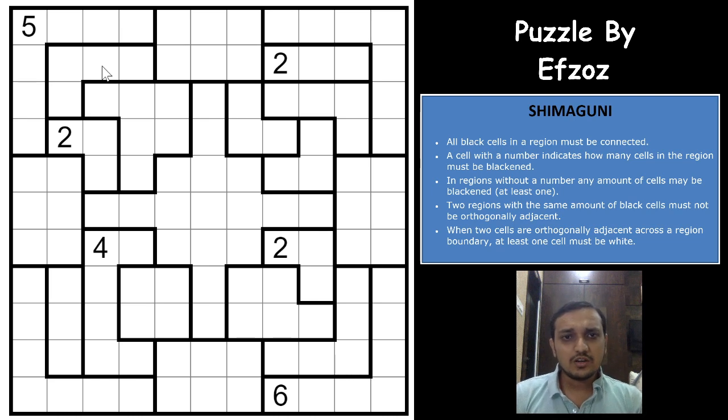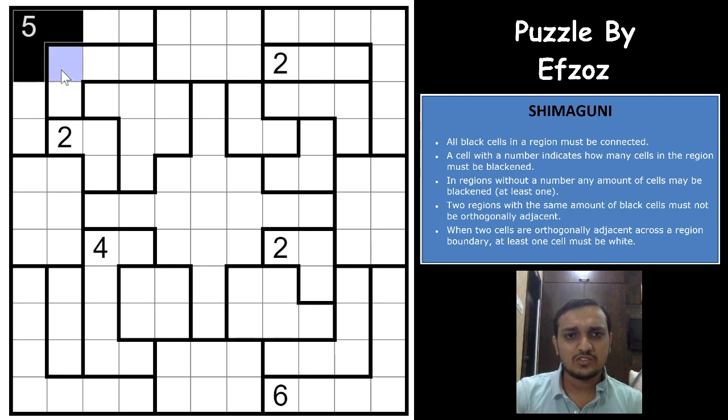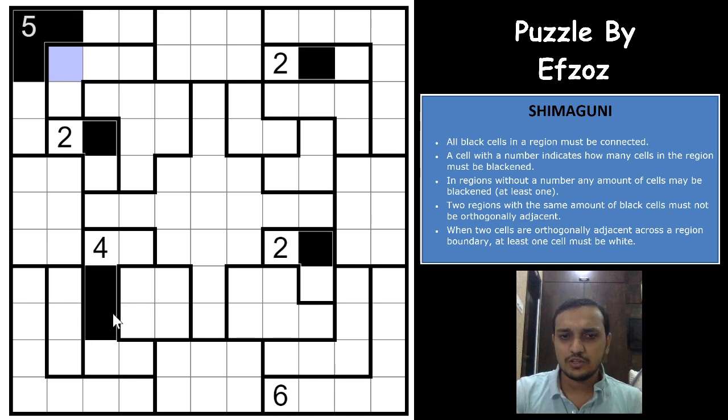One of the very easy starts is that if you have a region with a big number here, we can just mark the common cells here. So there will be at least 3 cells that will be shaded, because we know that the shaded cells will have to be connected to each other within a region. So it will be either this five or this five, and in either case these 3 will have to be shaded. Same way for the 2 here, 2 here, 2 here, and the 4 here. Easy one, right? I'll just go with the basic things here, and each region should have at least a cell shaded.